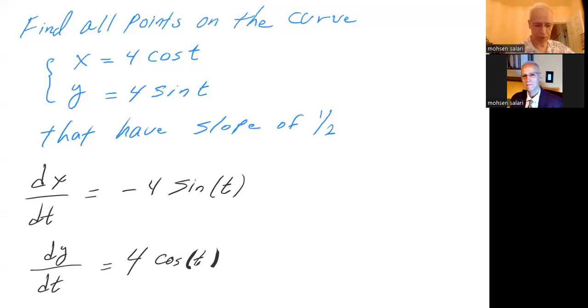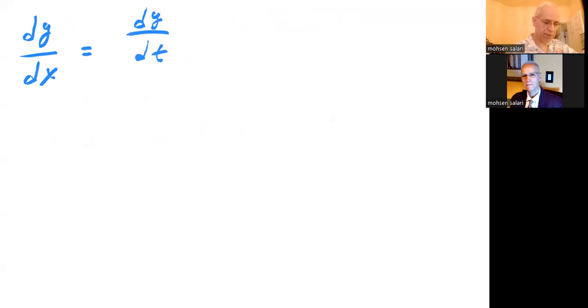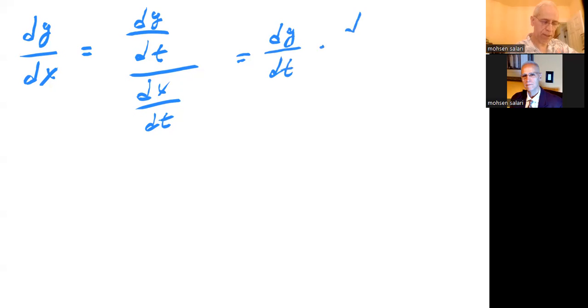And now going to the next page, that follows that dy dx equals dy dt divided by dx dt. But I kind of like to remember this as, which is the same as saying dy dt times dt dx. Okay, and of course, you know, this cancels out. So